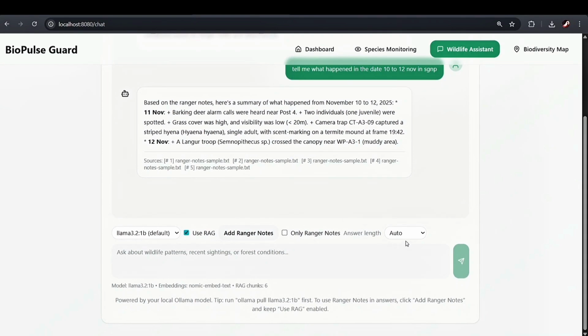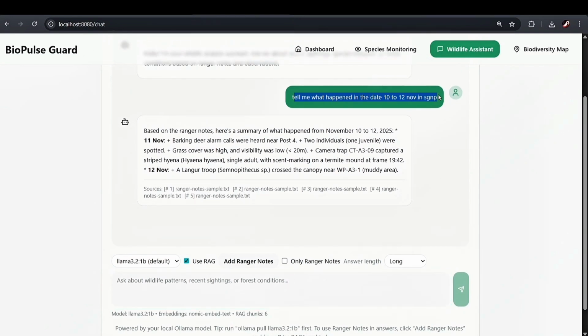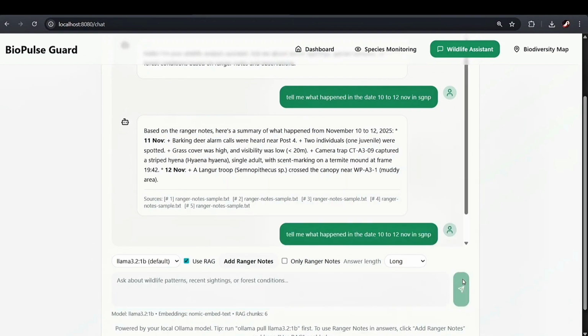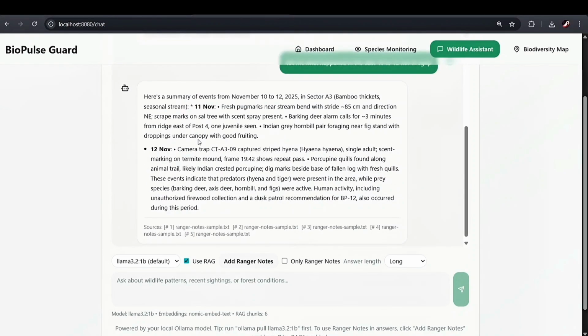It will start to tell you, and it also has the answer length. If I ask the same question again and want a more detailed answer, you will get a more detailed answer. It has said that there was deer barking on 11 November, as you have seen in the text dataset.